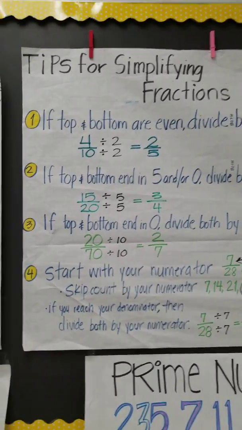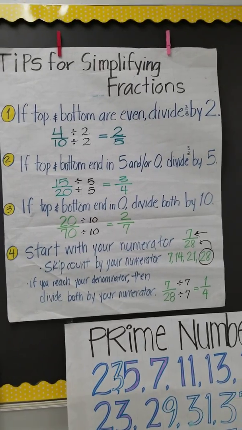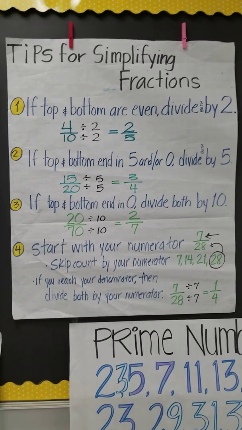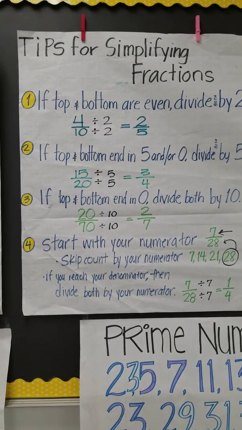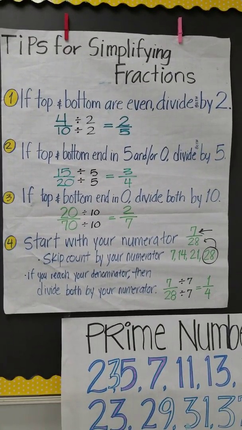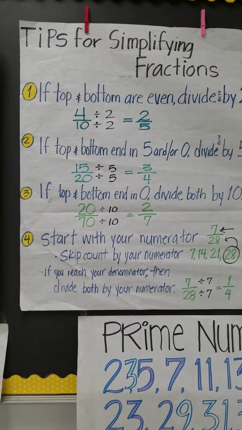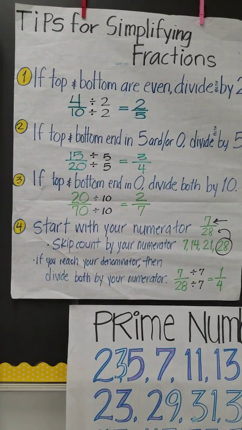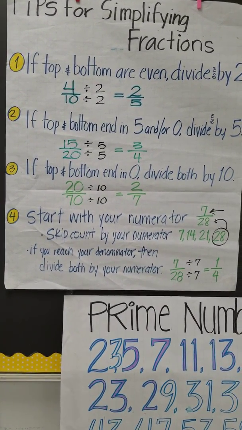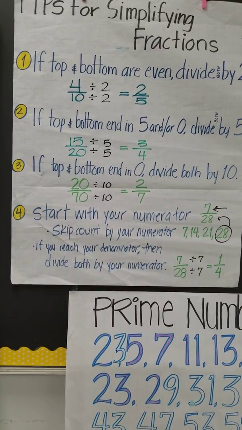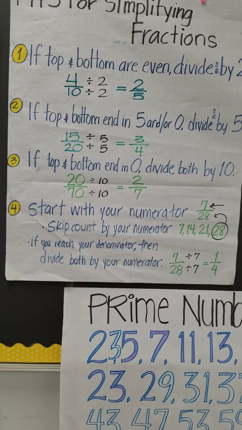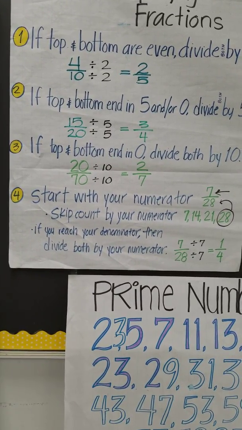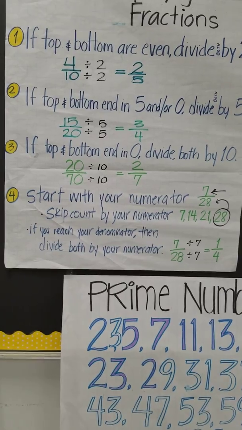This is the tip for simplifying fractions. When both are even, you can easily divide both by 2. If the top and bottom end on 5 or 0, you can divide by 5. If top and bottom end on 0, you can divide by 10. And if you start with your numerator, keep counting by the numerator: 7, 14, 21, 28. If you notice the 28 is your denominator, then you can divide it by the numerator,